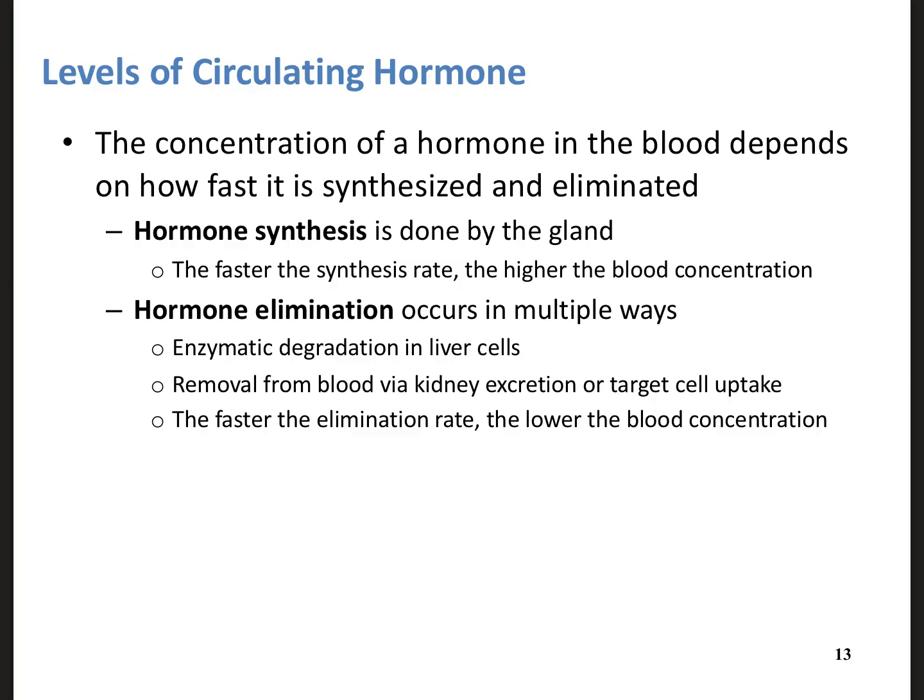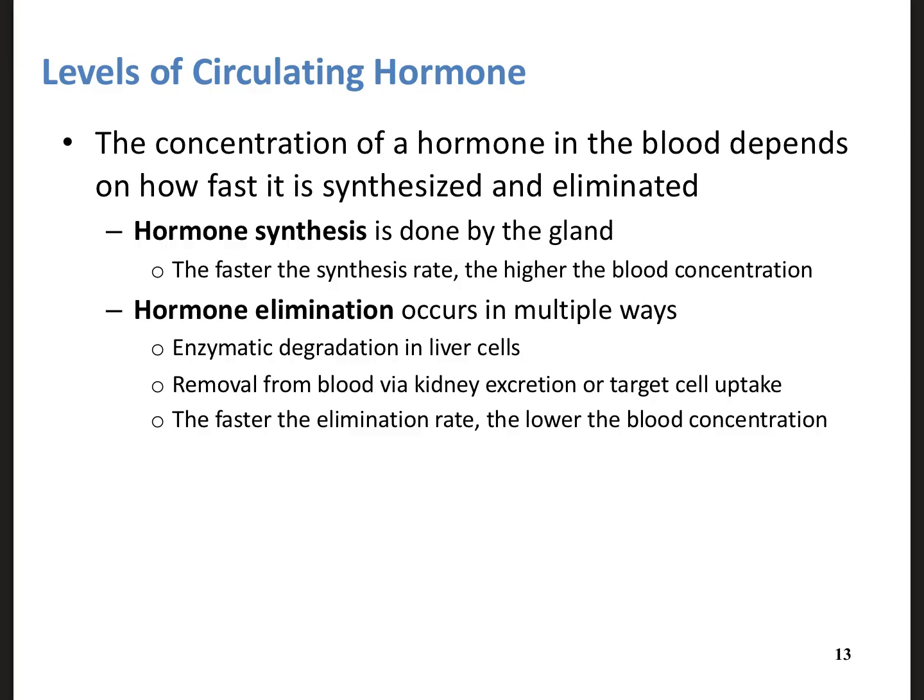How does the body regulate how much hormone is in the blood? Because how much hormone circulating in the blood is going to determine what the effects are, right? Someone who has low testosterone, well, it could be free, bound, whatever it might be. It's low, and that's going to lead to problems. If they have low growth hormone, they don't have enough in the blood to promote growth of tissues, etc. Does that make sense? So how does the body regulate that?